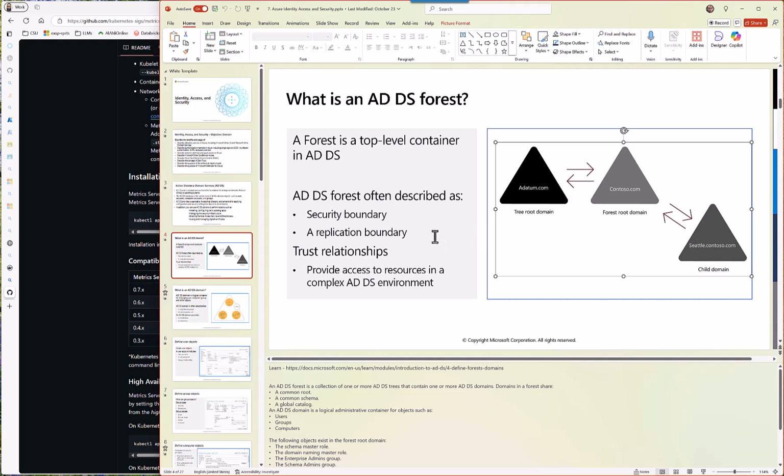There are different teams in each geographic region who are managing those domains.